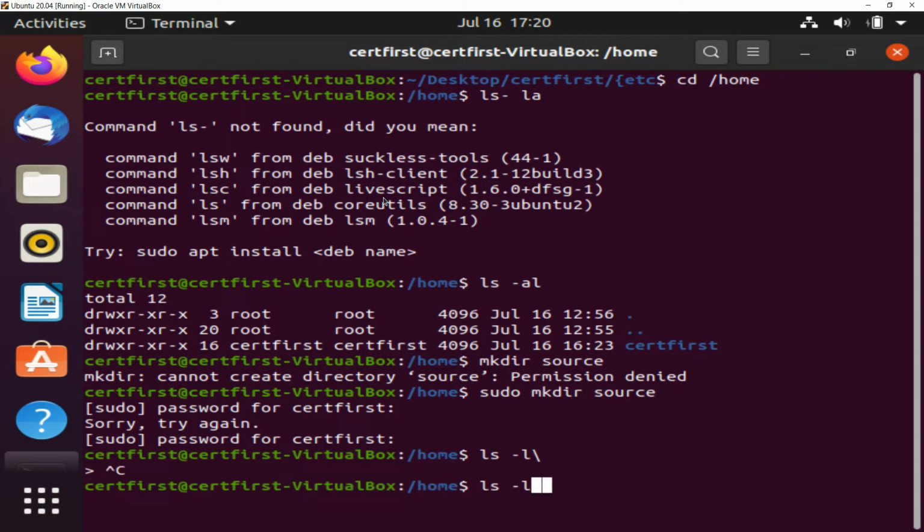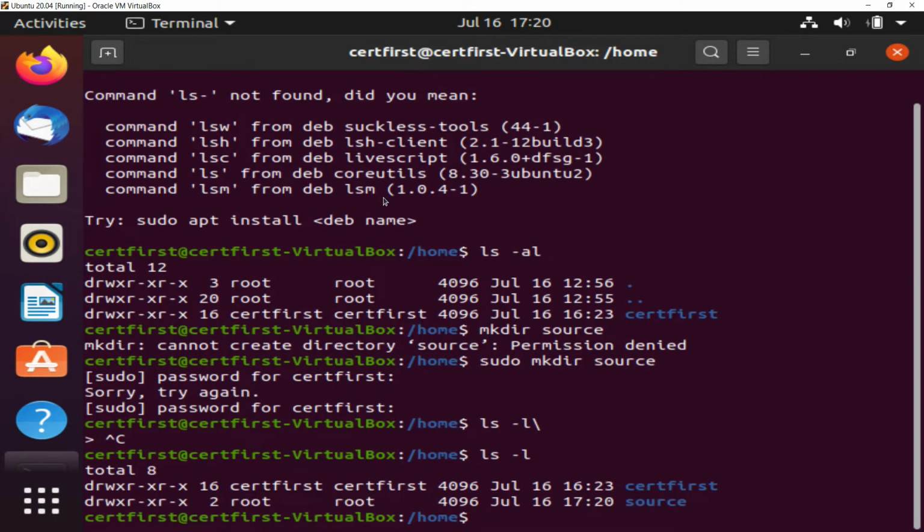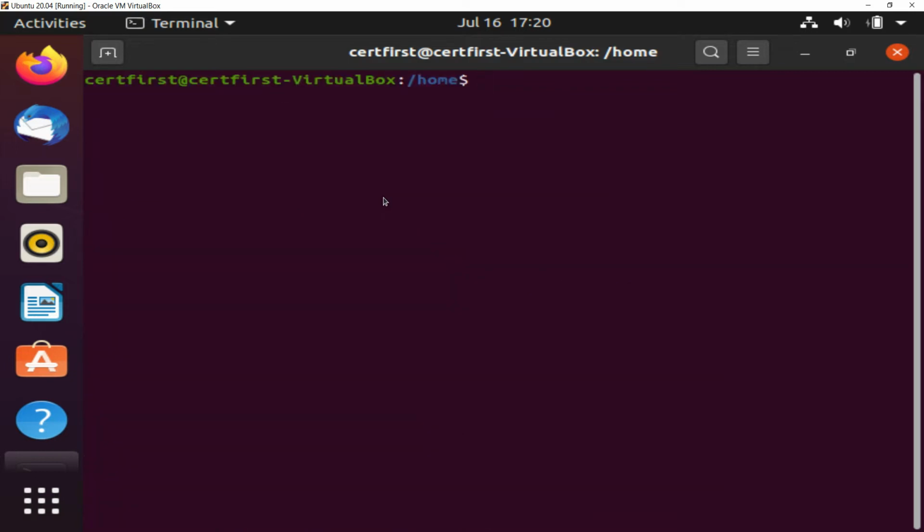And you have to sudo to do it as root. So now we have a source directory. So we're going to copy this source directory to a backup directory. So we'll say cp -r and we'll do /source and we'll say